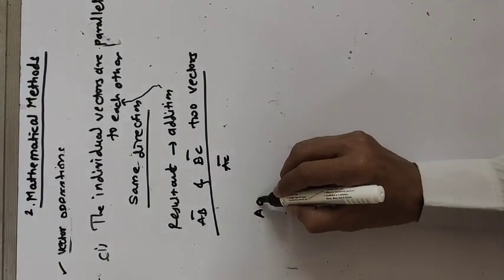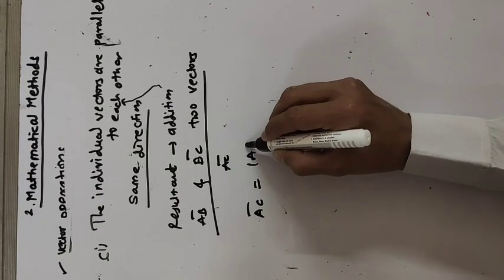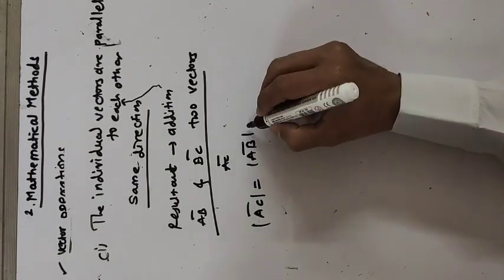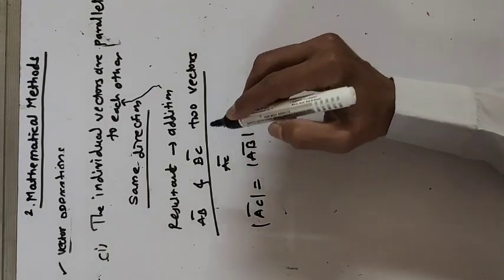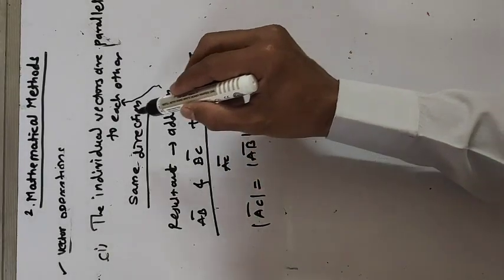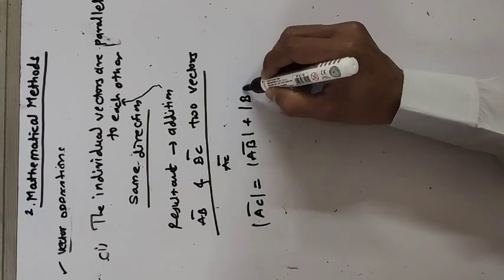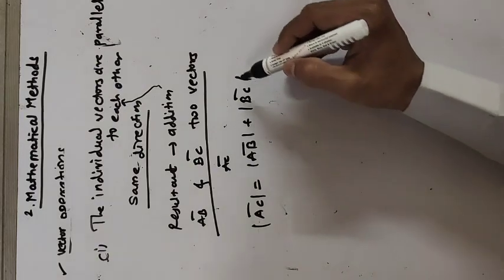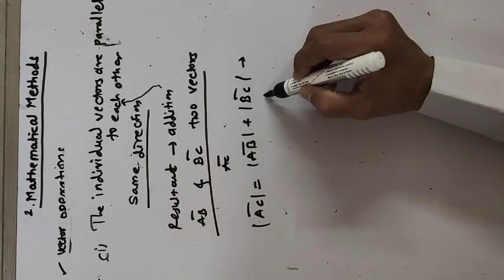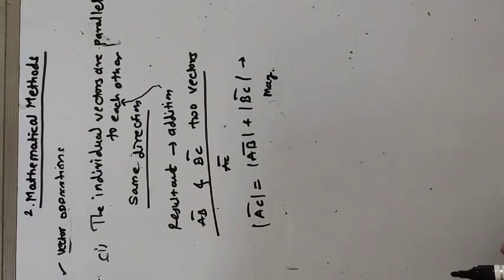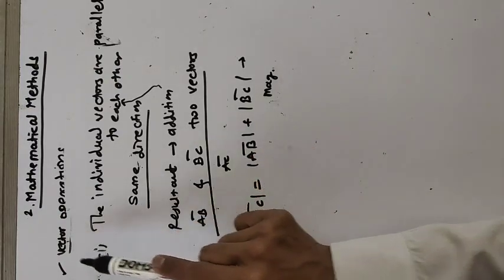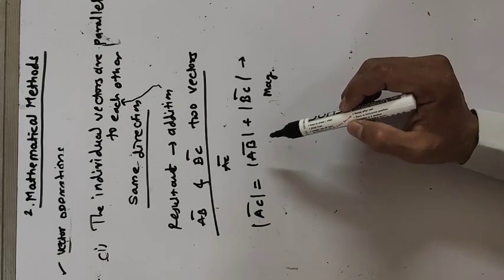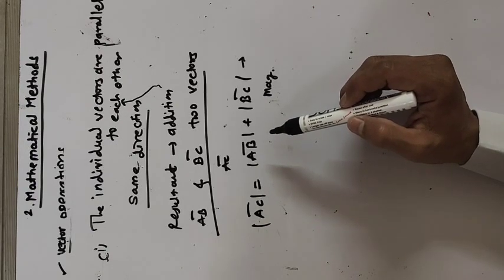How can it be written? AC bar is equal to AB bar plus BC bar. The magnitude of the resultant is the addition of the magnitudes of the two individual vectors. And it has a direction. We thought about this as magnitude. What about direction? The direction of the resultant is that of the individual vectors,